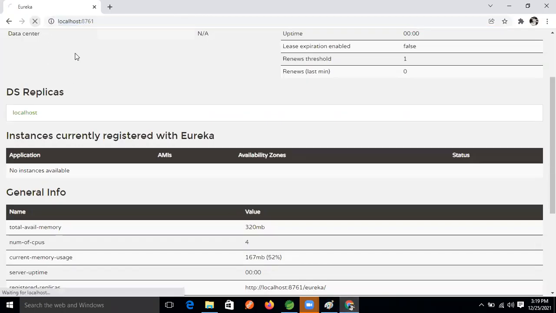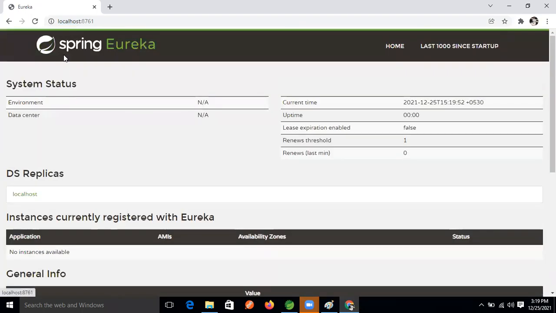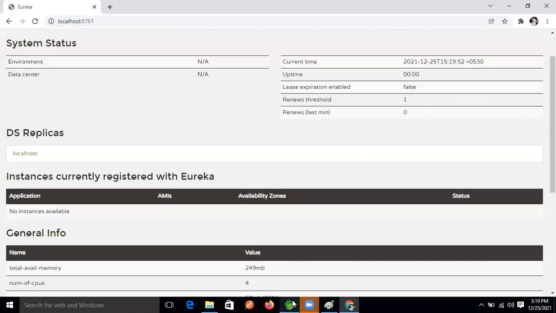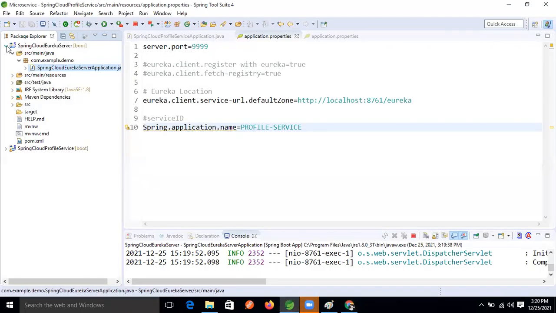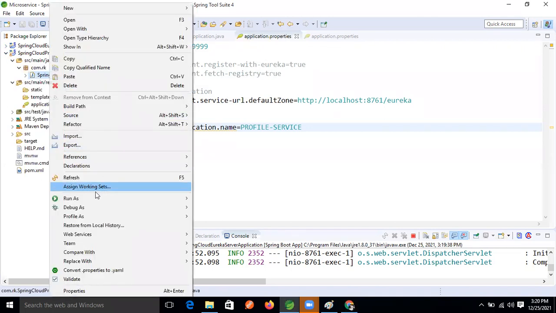Just refresh this page. We got the Eureka server dashboard, right? Now run another application, the profile service.